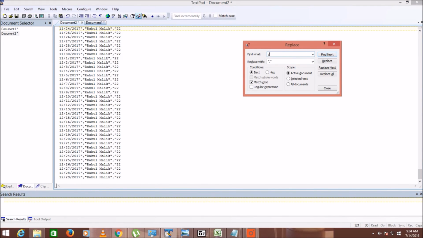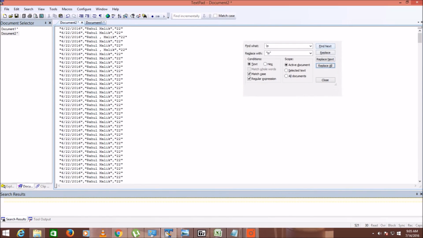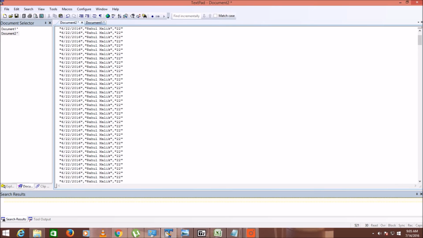So you can find the new lines and change them with a single quote, then new line. Again we need a single quote. Now we are done with this. So we have a complete CSV file which we want. So we can save this.